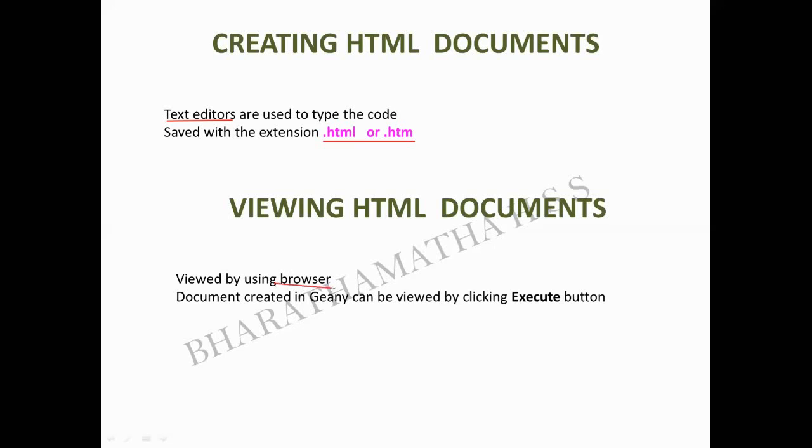A document created in Genie can be viewed by clicking the execute button. There is an execute button in the Genie editor itself. If you click on that execute button, the program will be executed automatically. If it is in Windows, listen carefully. Your program will be saved with the browser's icon. If it is saved properly, it will be saved with the browser's icon. You just double click on that file, and your program